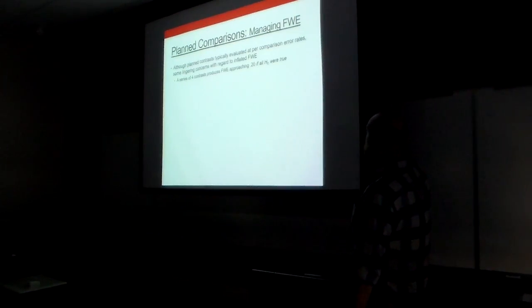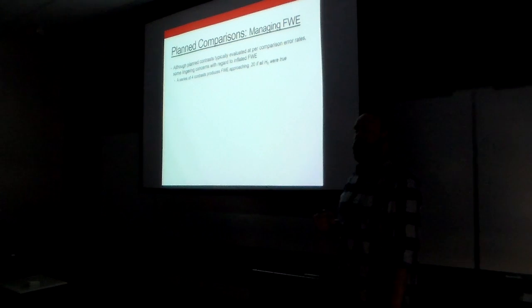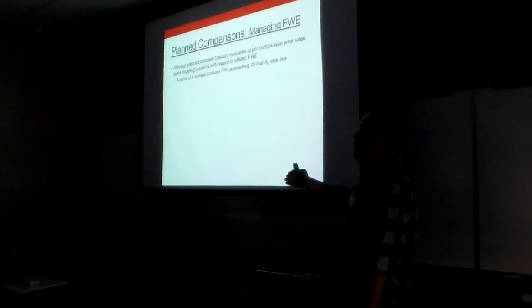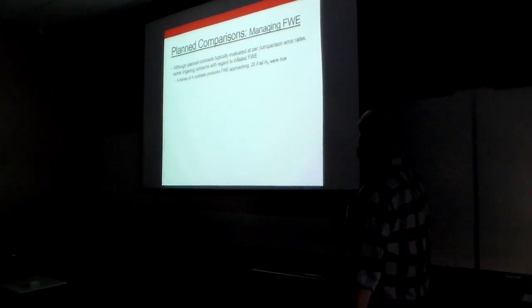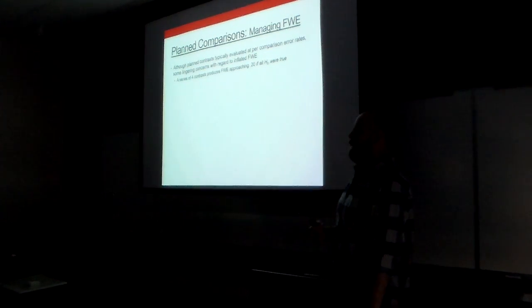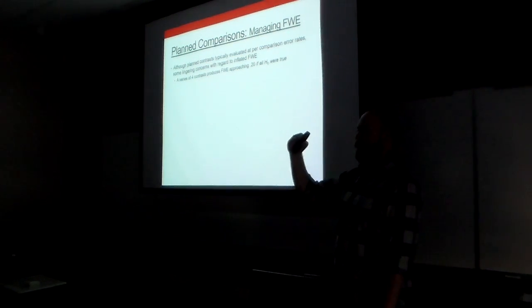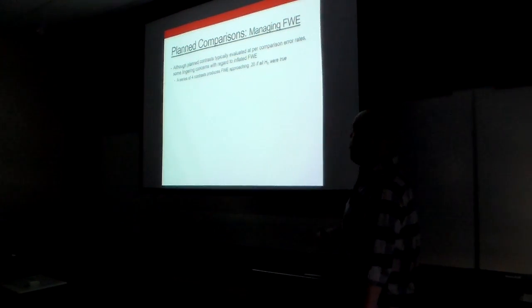All right. So, managing our family-wise error for our planned comparisons. Again, typically the classic approach to this is to look at our pairwise comparisons at per comparison error rates. Okay. If I've called my shots ahead of time, I get some extra leeway, and I'm just going to go through and look at and set my critical value equal to alpha 0.05. Okay. But